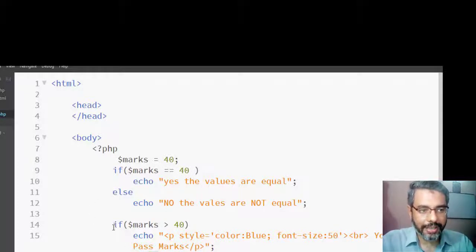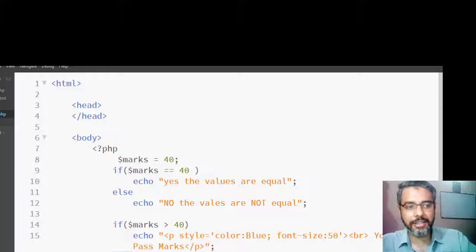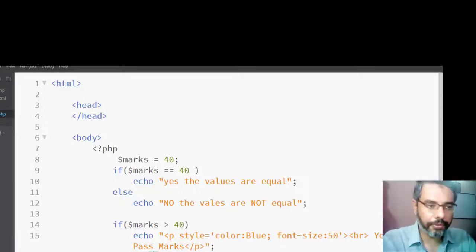Okay, so in one case, if this if becomes false, so this is a relational operator called greater than. If this statement becomes false, then what happens? So we go into else. So inside this else, again we can write if else. So this is called nested if else. In this if, we write again